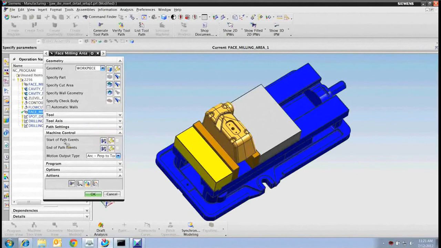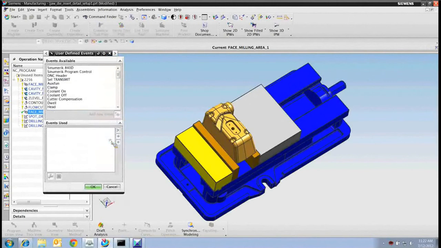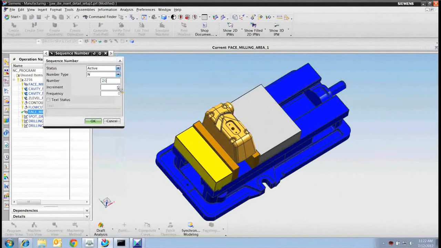So what I want to do is add a new user-defined event to that. So how do I do that? Well, under machine control, there are start of path and end of path events. I'm going to edit a start of path event. And I'm going to look for one called sequence number. I'm going to add that event to this operation. And then I can specify some parameters for this. I'll say that I want to start numbering at 200. I want to increment by 5, and I want to do that for every